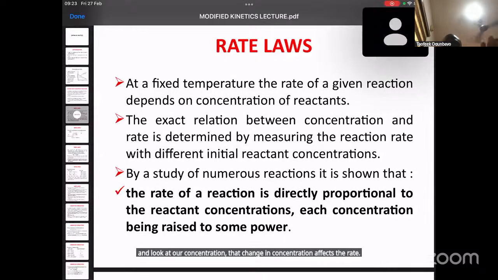What does that mean? The rate of a reaction is directly proportional